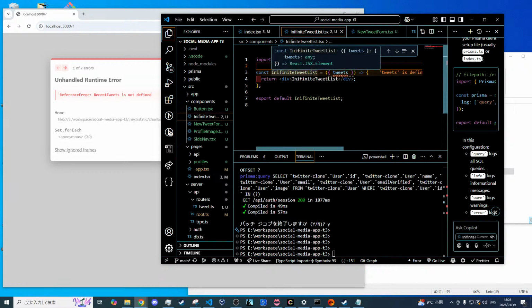We know for a fact it's going to take in tweets as one of its properties, and then we make sure that I spell infinite correctly. It looks like I spelled it wrong in all of those places, so there we go. That is now spelled correctly, and we can import this just